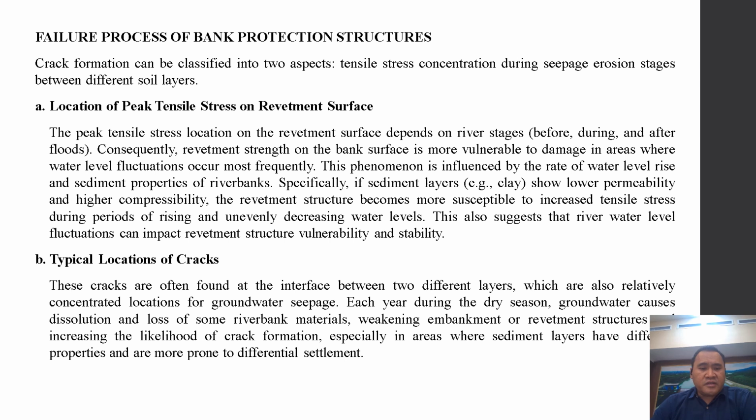So the second condition is the typical location of cracks. These cracks are often formed at the interface between two different layers, I mean two different layers of soil, which are also relatively concentrated locations for groundwater seepage. Each year during the dry season, groundwater causes dissolution and loss of some riverbank materials. Weakening the embankment of the riverbank structure increases the likelihood of crack formation, especially in areas where sediment layers have different properties and are more prone to